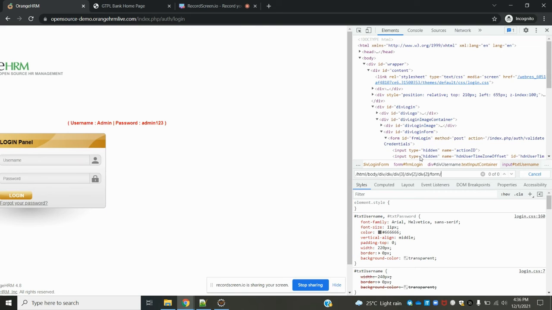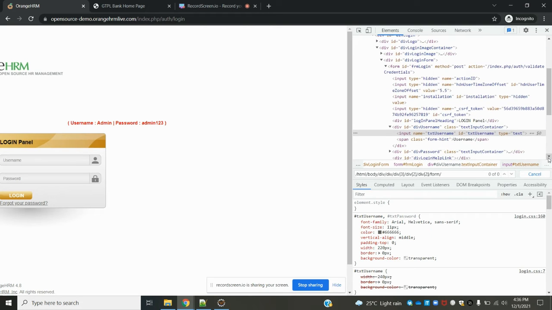Then inside the form we have inputs or divs. Then again we need to give the div, the second one highlighted. And inside the div there is an input. This way we need to find the XPath every time.